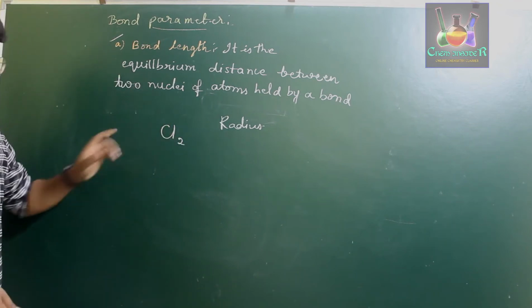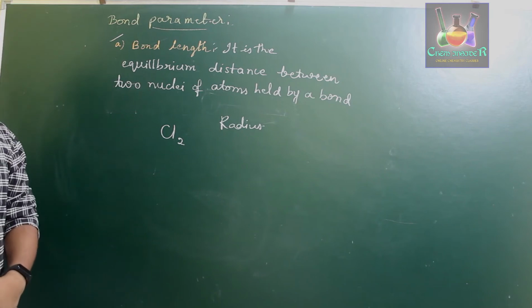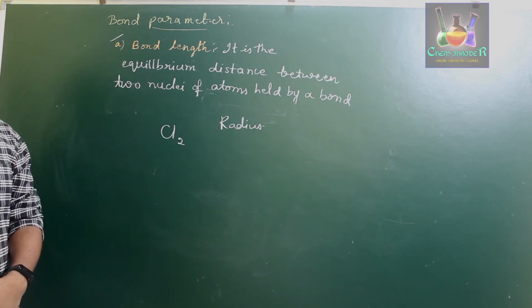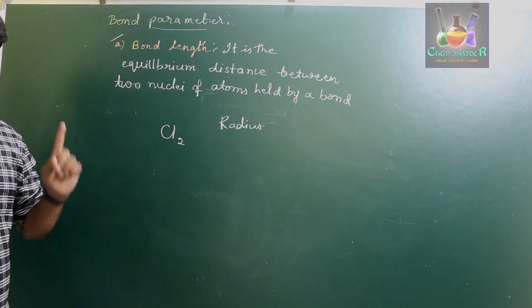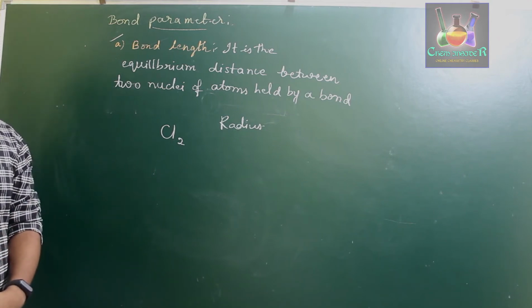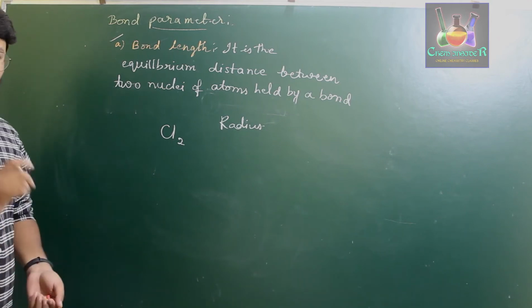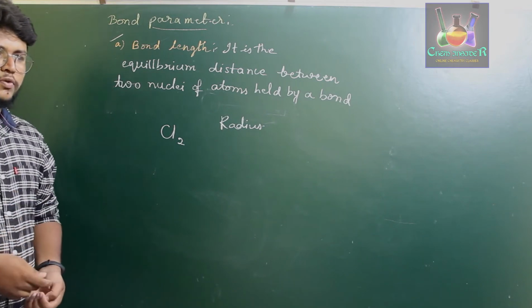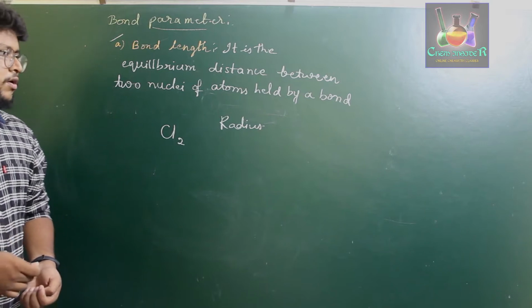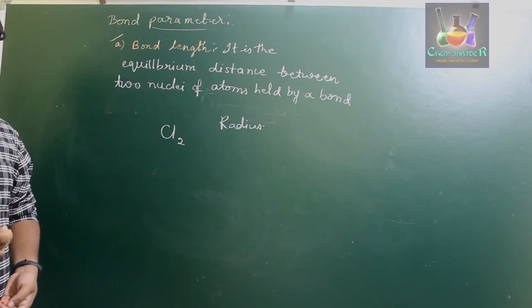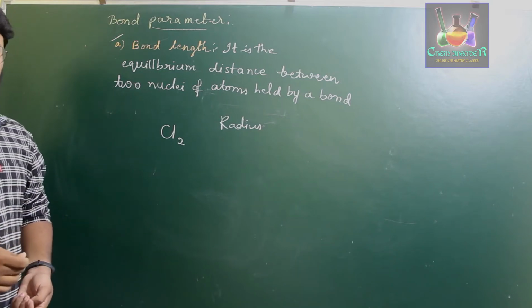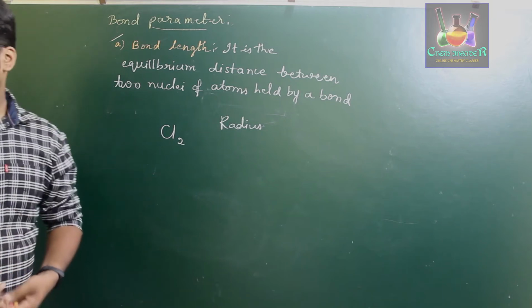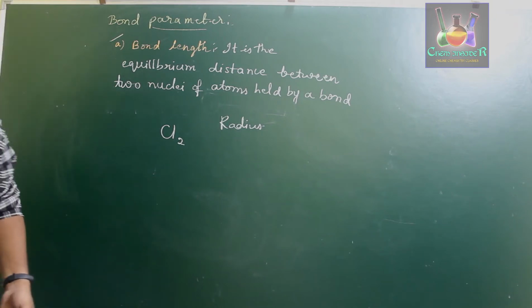Okay, now if you consider a chlorine molecule, it may be related in terms of covalent radii and van der Waals radii also. Therefore, covalent radii and van der Waals radii have specific definitions to explain their bond length. So, what is the bond length in terms of covalent radii and what is the bond length in terms of van der Waals radii? First, how a covalent bond is formed.